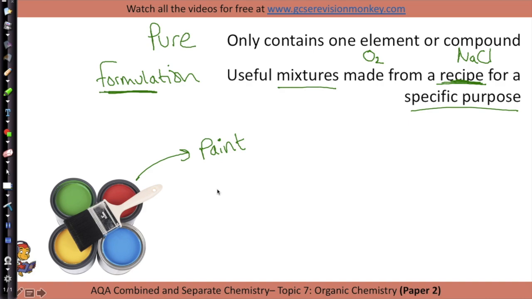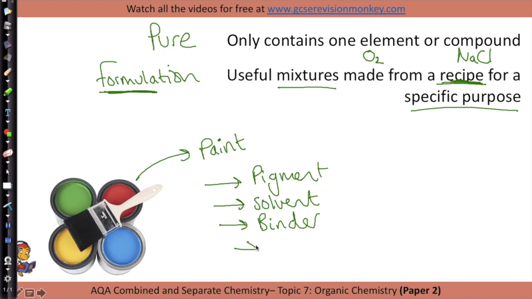Paint, for example, will include a number of different things in very particular amounts, such as the pigment, which will give it the colour, the solvent, whether that be water or an oil-based solvent, a binder to bring everything together, and different additives as well. So all of these would be mixed together in very specific amounts following a recipe